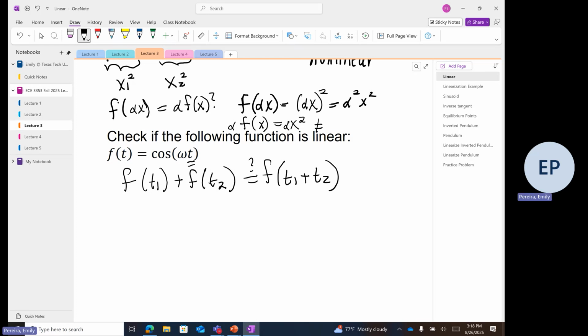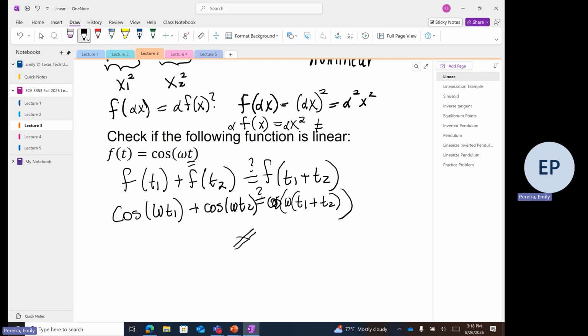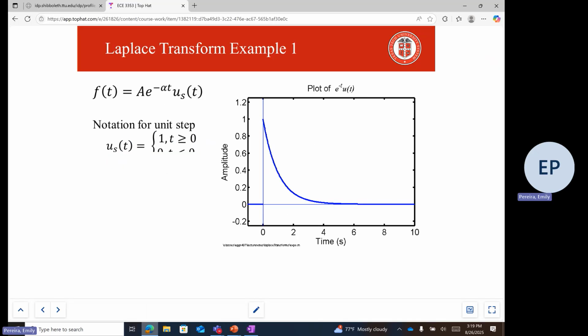Okay, so on the left-hand side, we have cosine of omega t1 plus cosine of omega t2. And the question is, is this equal to the input with the function applied? Clearly this is not equal, right? So this is going to be nonlinear. You can check the additivity on your own, but the results are in the